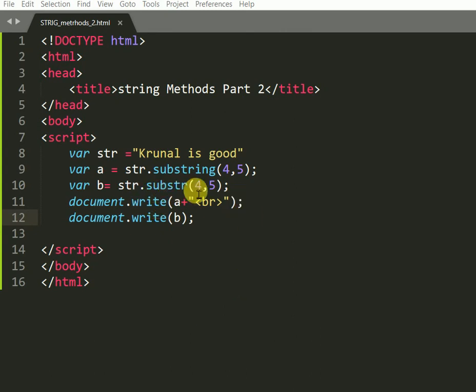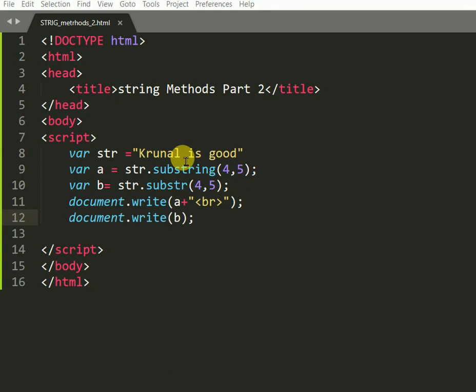In substr, we pass 4 and 5, so it starts from position 4 and prints 5 characters: 0, 1, 2, 3, 4.